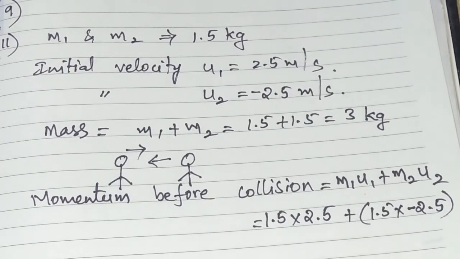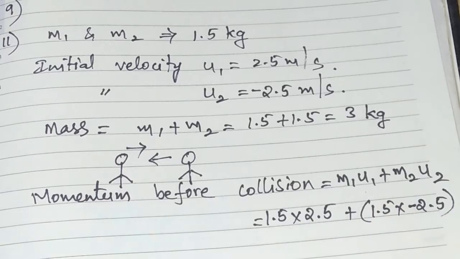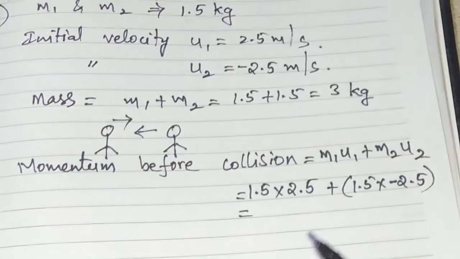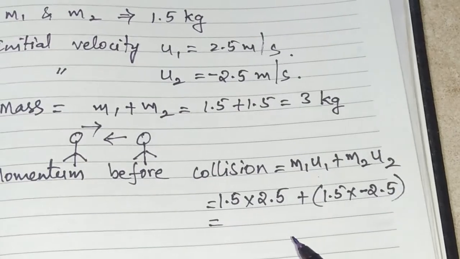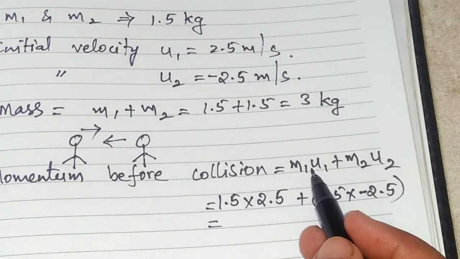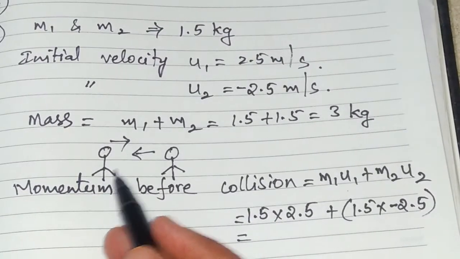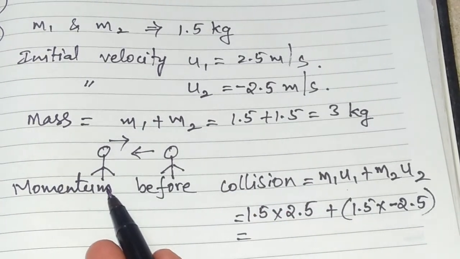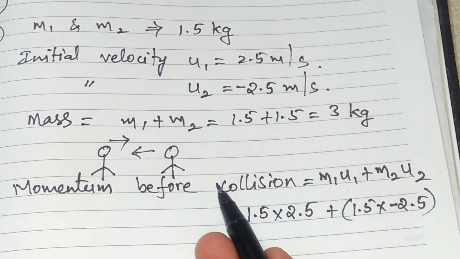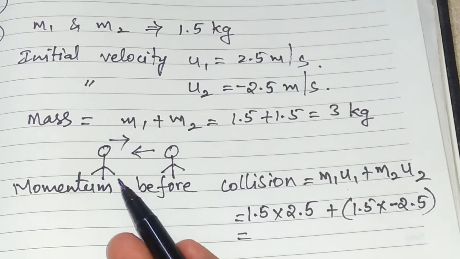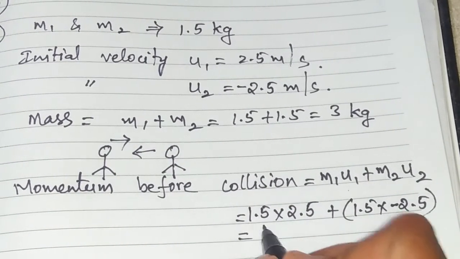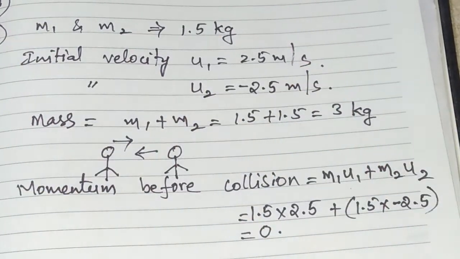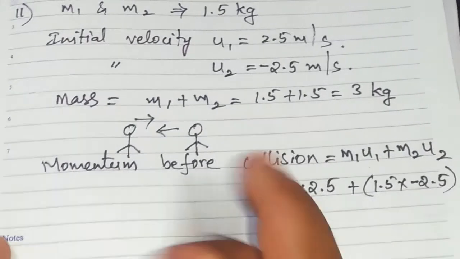Now I am not calculating this; directly we'll go for our question. Anyway, we are going to get 0 only. That is the total momentum before collision, not the separate momenta. Separately, in our question they have given one object with some momentum, and another object also with momentum, but in the opposite direction. So on the whole, the momentum before collision is 0. If you calculate in that formula directly, you also get the same.